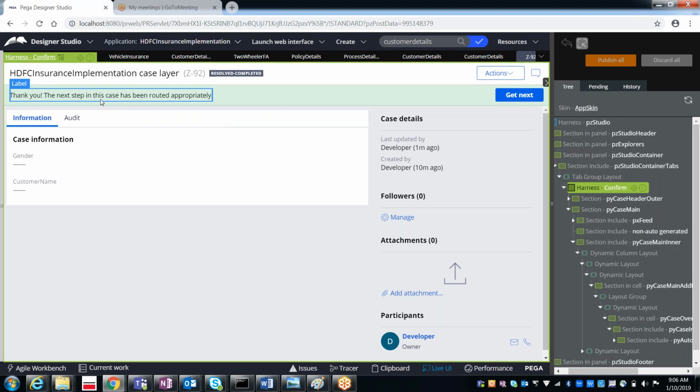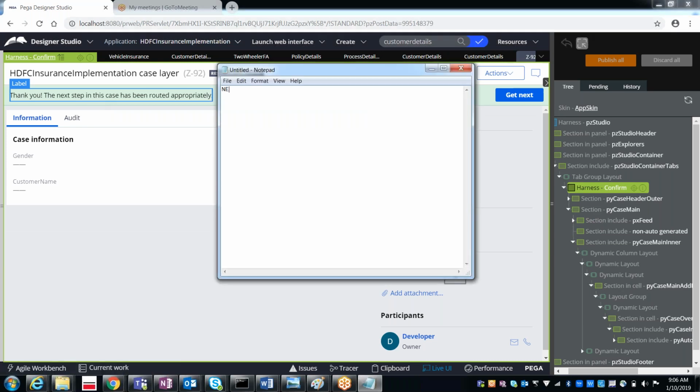Okay. But here mainly if you want to see, we will be having new perform, confirm, review, reopen harnesses. Okay, so for the screen flows, you'll be having tabbed screen flow. Okay, likewise. But by default, the Pega harnesses means new perform, confirm, review, reopen, and along with that few tabbed harnesses for displaying the tabbed screen flows.